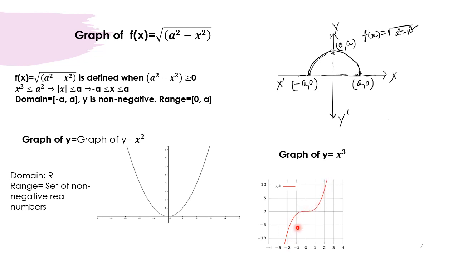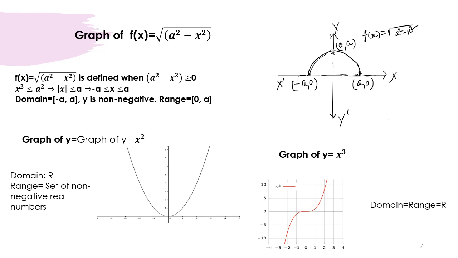Okay, and here you can see, just by looking at this graph, tell me the domain and range. So x can be any value, right? Now look, x can take any real value, and whatever you take, its cube becomes y. So if x takes all the real values, then y will also take all real values. So domain and range both are the set of real numbers.